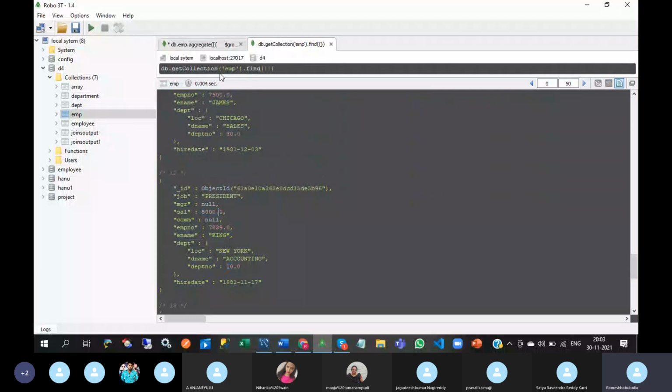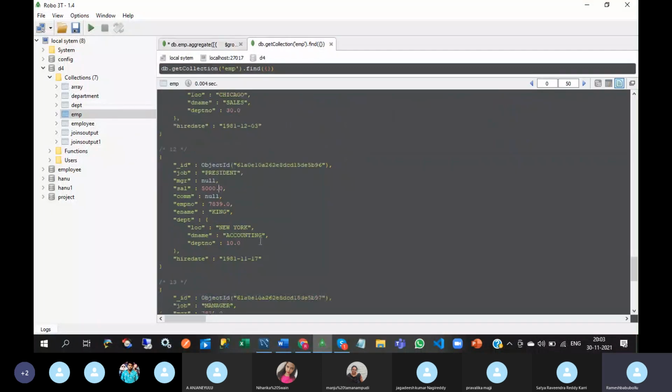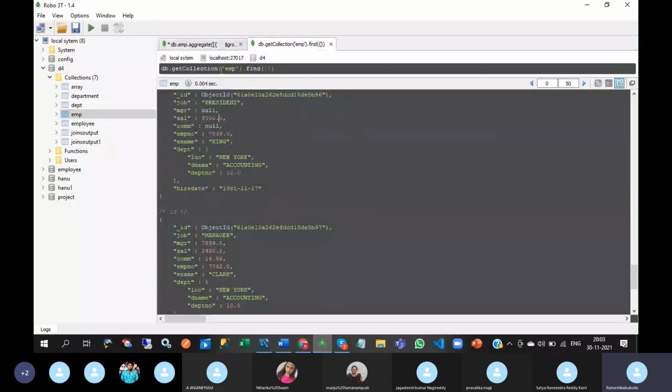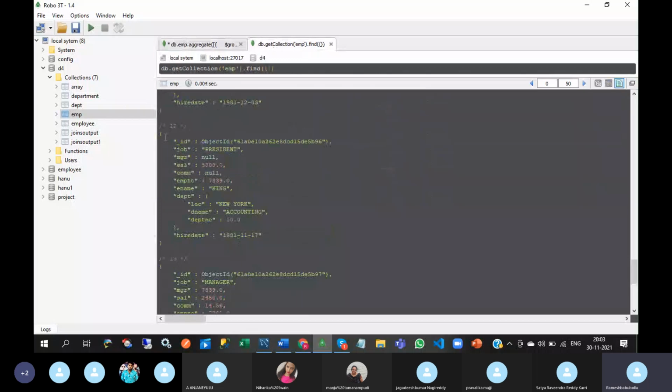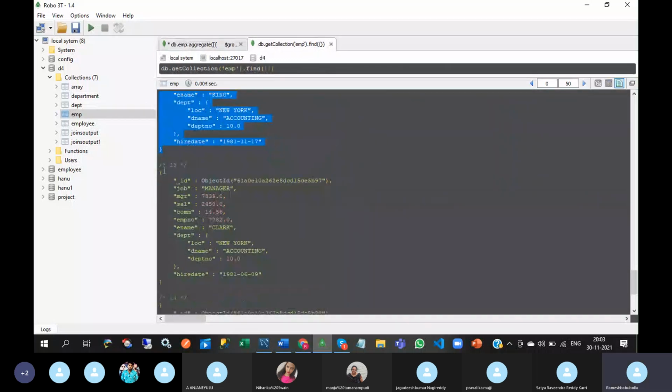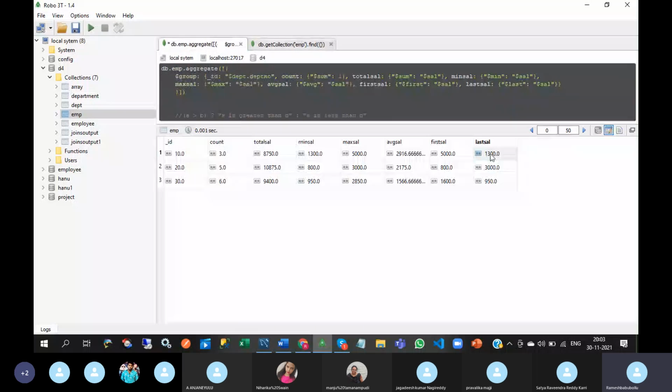Salary is 5000. See this last salary. So where is the last department number 10? The department number 10 count is 3. So this one is the first object of department number 10. This one is the second object. And this is the third object of department number 10. So here salary is 1300. So last salary is 1300.